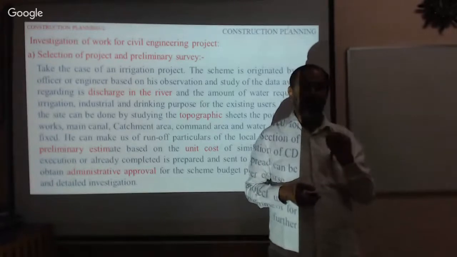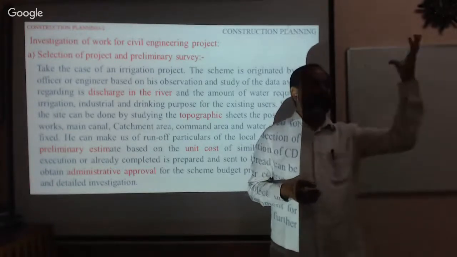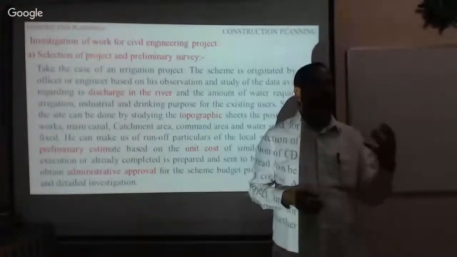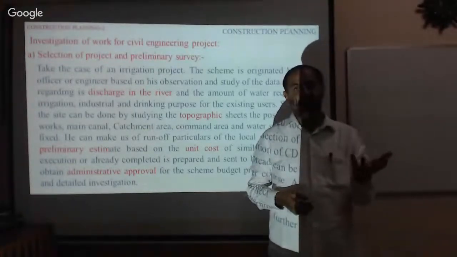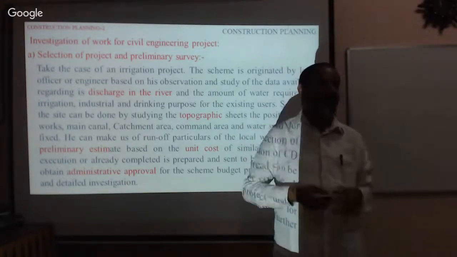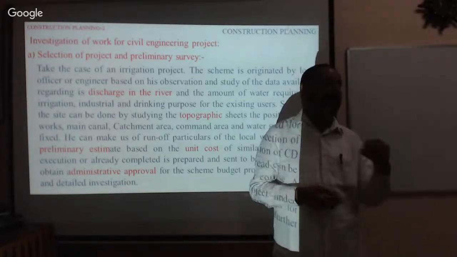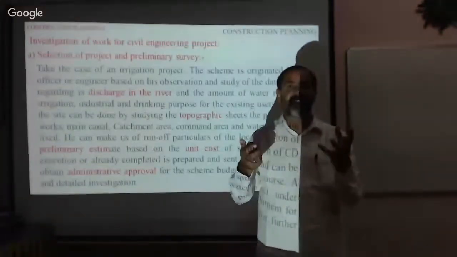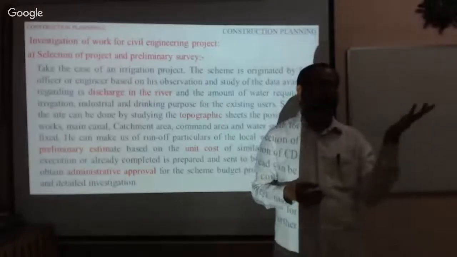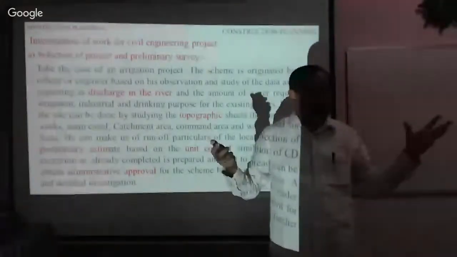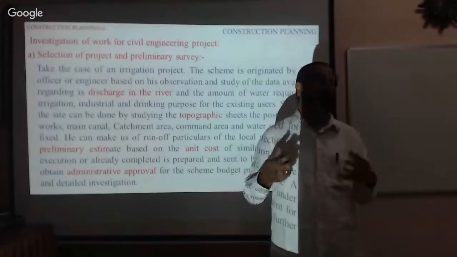Therefore, what you should do is find somebody else in some other place who has constructed a similar project. Now you go to them, talk to them, and collect how much money was invested and what quantity was used in that. Then you will get the unit cost. For 1 cubic meter of water, construction of the dam, how much are you going to get? Now they have built the dam for 100 crores. Now you are building double the size of that. Then you take 200 crores.